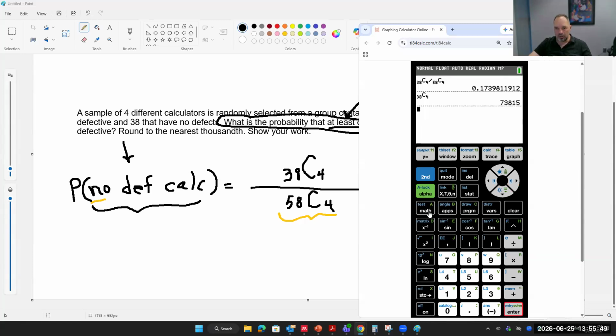And then the ways of choosing any 4 calculators is 58 choose 4. Okay, that's how you come up with the 0.1739. So now you simply need to do 1 minus